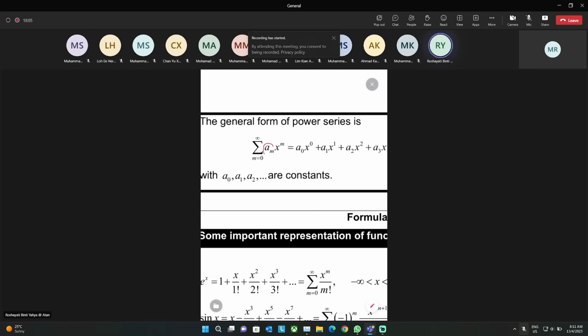Am here, doesn't matter whether it is a0, a1, a2, a3 until an, actually up to infinite, are constants. And then here x to the power of m, okay, this is called as